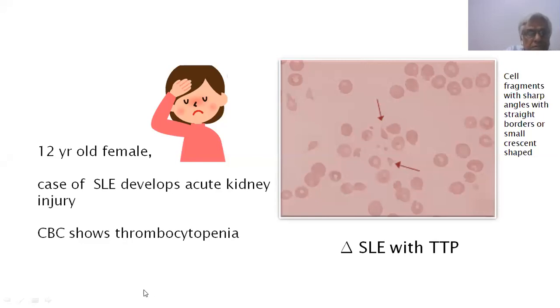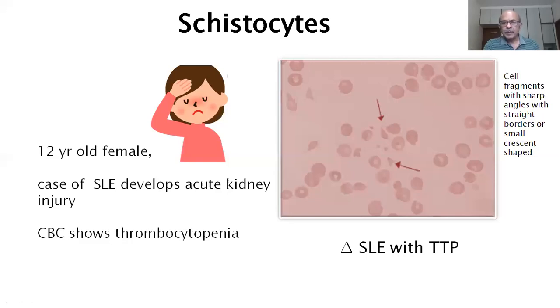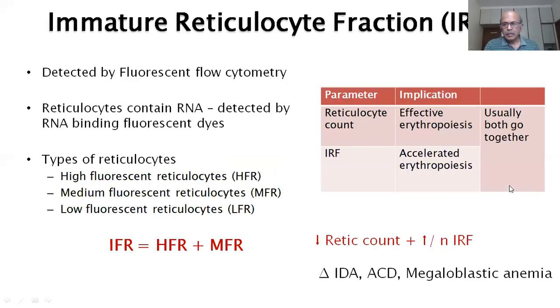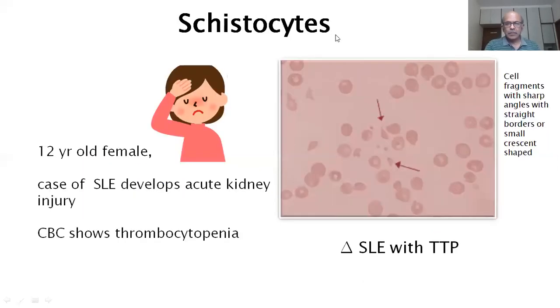Everything is clear? Yeah. So as I told you, these cells, which are known as cystocytes, help you clinch a diagnosis of microangiopathic hemolytic anemia. Only 3 differential diagnoses of microangiopathic hemolytic anemia: HUS, TTP, and DIC. So these are known as cystocytes. Cystocytes are RBC fragments which are seen on peripheral smear. Newer generation machines can even comment on cystocytes.